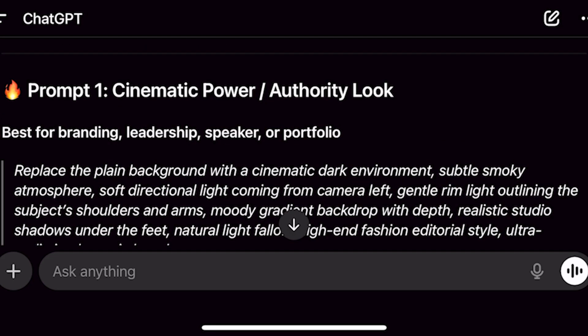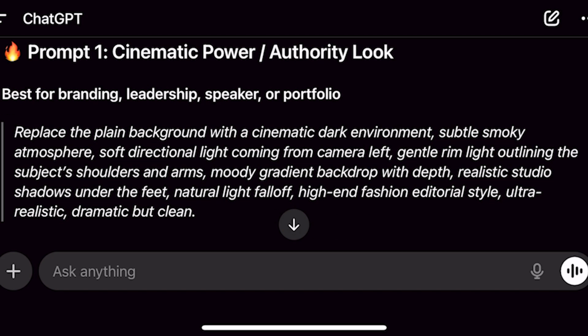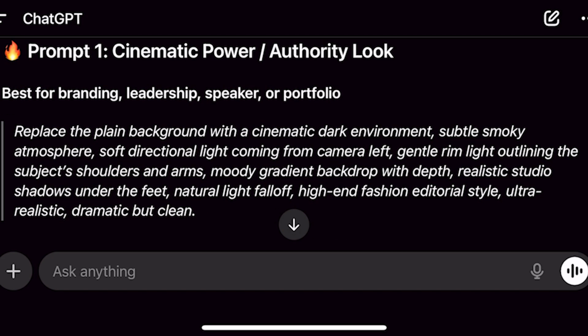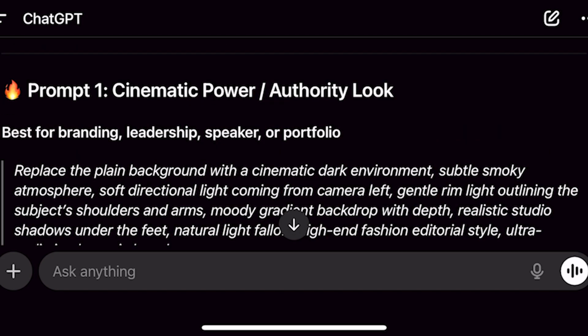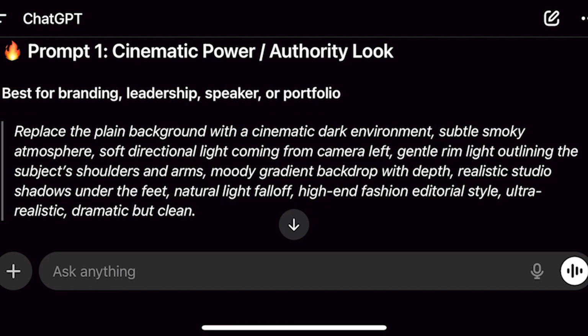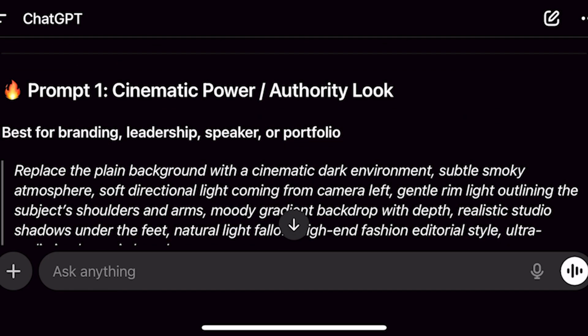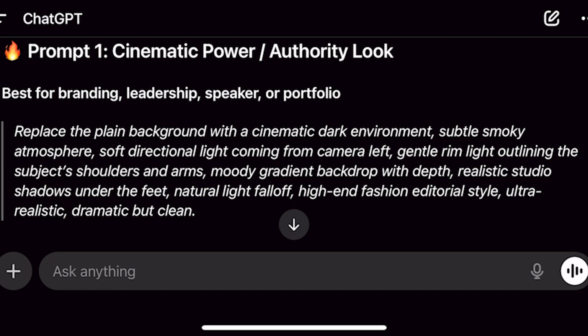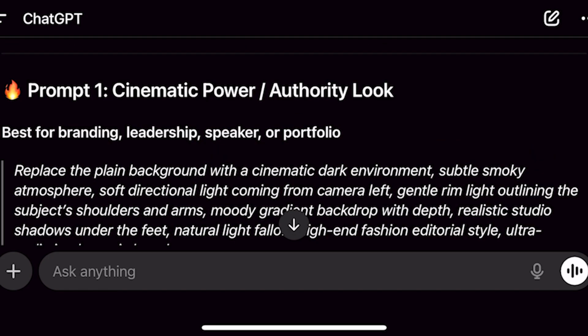That's Google Gemini. You understand? Because that's what this video is all about. So if you look at it, the first prompt, cinematic power slash authority look, right? Now, best for branding, leadership, speaker, or portfolio. You understand? Now, if you look at the first prompt, it says replace the plain background with a cinematic dark